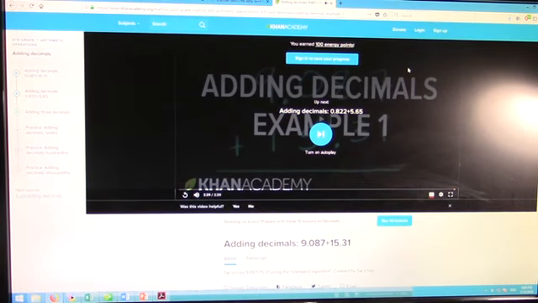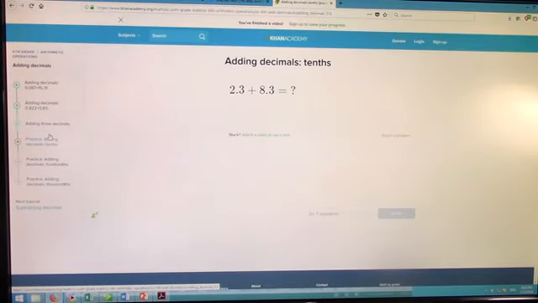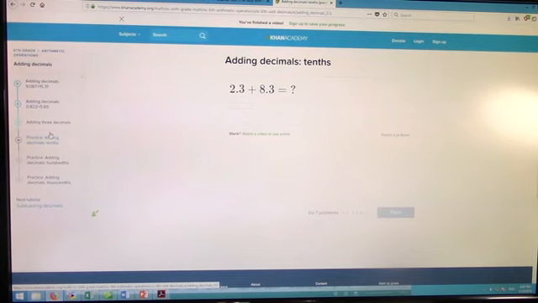What that's supposed to do is take us to a spot right here where it says practice adding decimals on the tenths. Right, so now I'm on page 3, number 7, and you click on that, and it comes up with what looks like